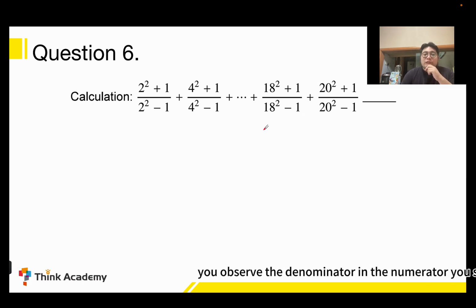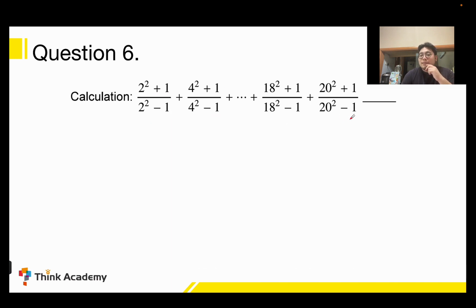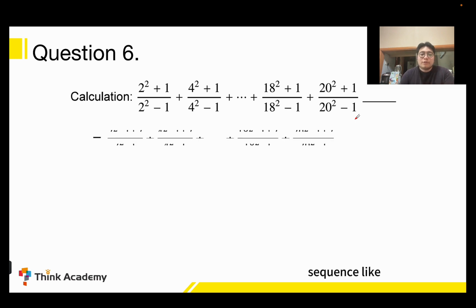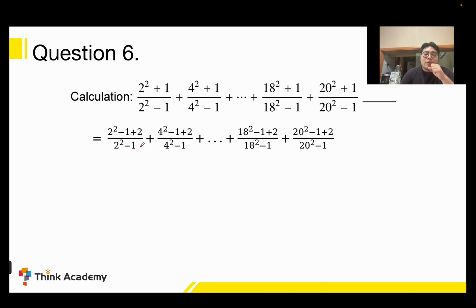You observe the denominator and numerator, you see plus 1, minus 1, plus 1, minus 1, plus 1, minus 1, plus 1, minus 1. So you can see the difference between denominator and the numerator is just 2. So we know all the denominator and the numerator, the difference is 2. So we can rewrite this sequence like 2 squared minus 1, and the numerator becomes 2 squared minus 1 plus 2. And the second one should be 4 squared minus 1 plus 2 over 4 squared minus 1,